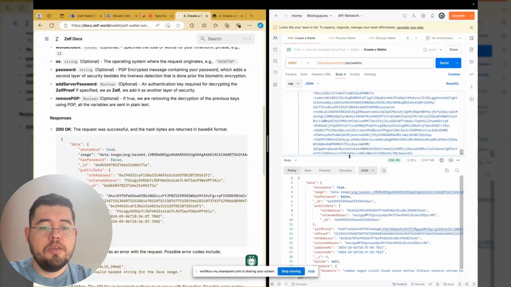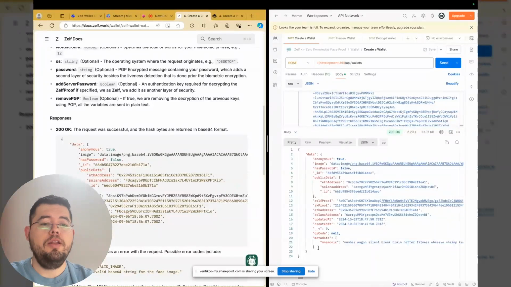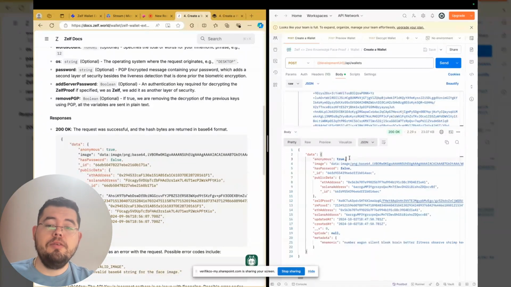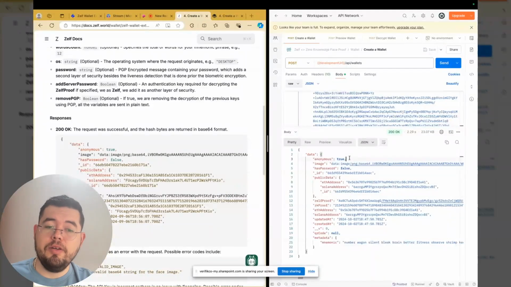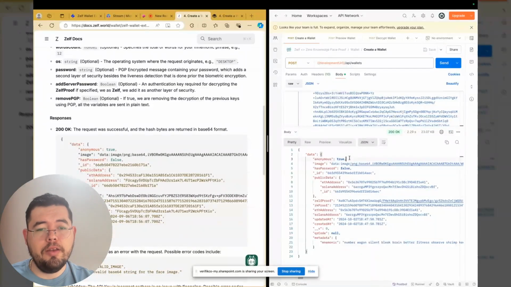All right. So this one created a brand new wallet. So let's analyze what's inside here. We have an image. Well, this is anonymous, it means that we're not tracking anybody. So as long as you send the request, we don't know who did it. Based on the plans that we will provide later on, we have a free version, and we have a pro version that has access to the offline